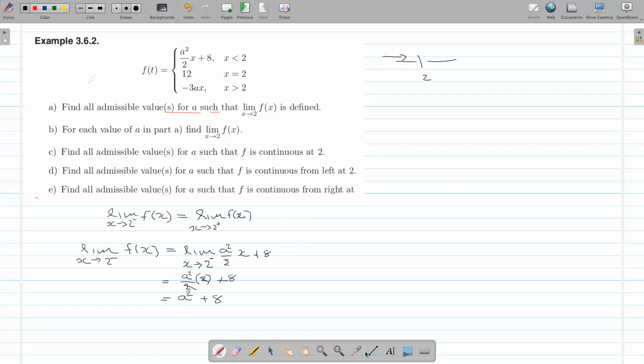the right limit. Okay. So for the right limit, I go